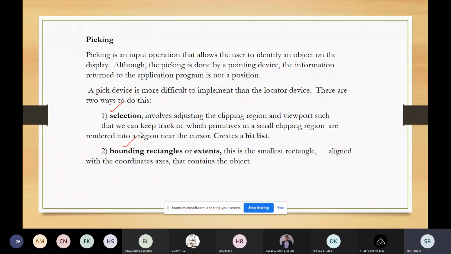But for 3D, the bounding box will be a right parallelepiped, where the application program will maintain a data structure to relate the boxes and the objects. Like this, you can overcome the difficulty of picking by using selection and bounding rectangles.